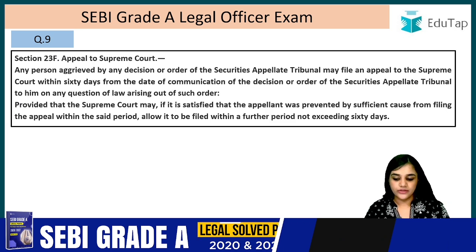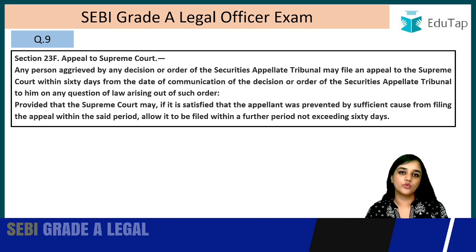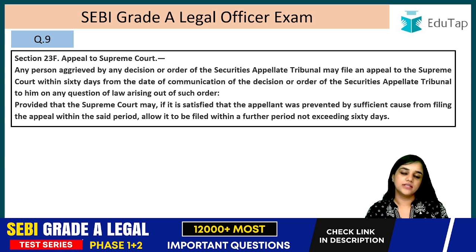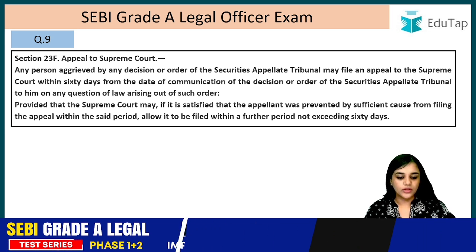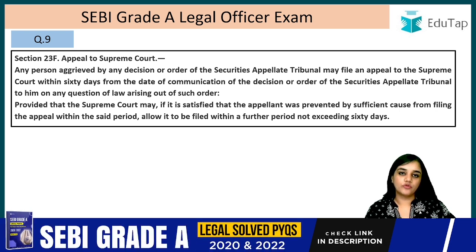Let's read section 23F, appeal to the Supreme Court. So any person who is aggrieved by any order of the SAT has the right to move before the Supreme Court within 60 days from the communication of the order, right? Let's read it. Any person aggrieved by any decision or order of the Securities Appellate Tribunal may file an appeal to the Supreme Court within 60 days from the date of communication of the decision or the order of the Securities Appellate Tribunal